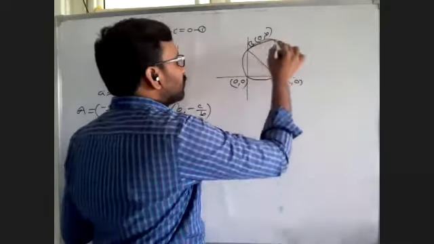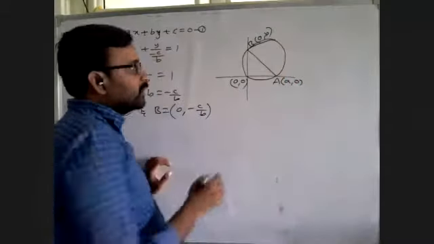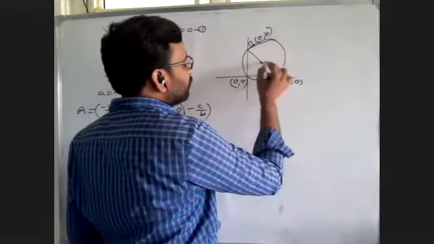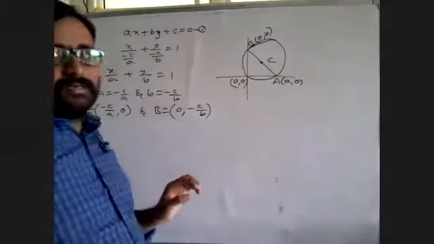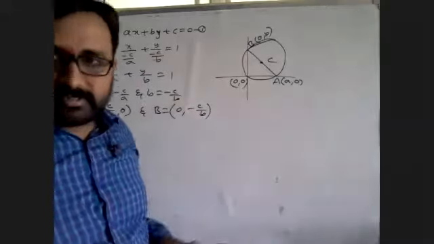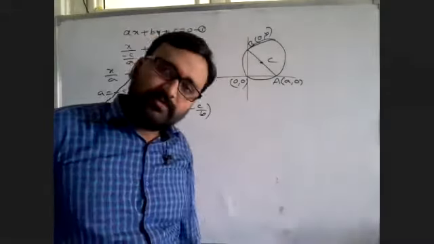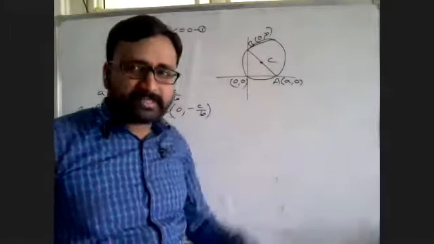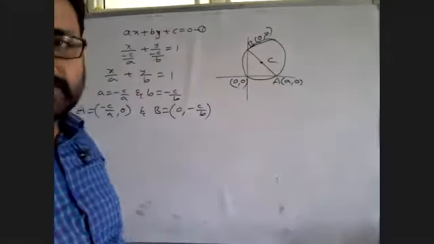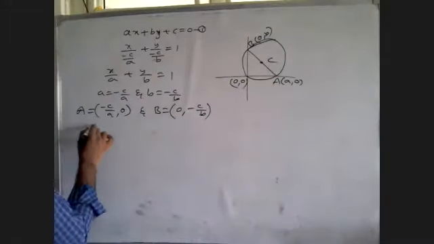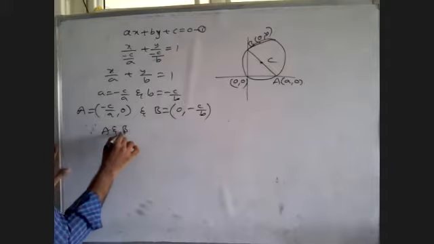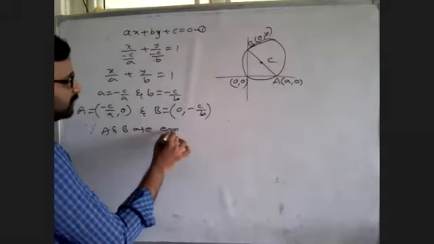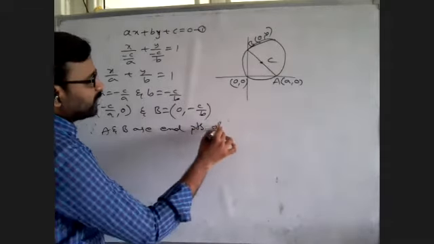This is the required circle equation, and this is the center. There are three points, so the rule for a circle passing through three points can also be applied. But here A and B are the end points of the diameter. If you have the end points of the diameter, then since A and B are end points of diameter,